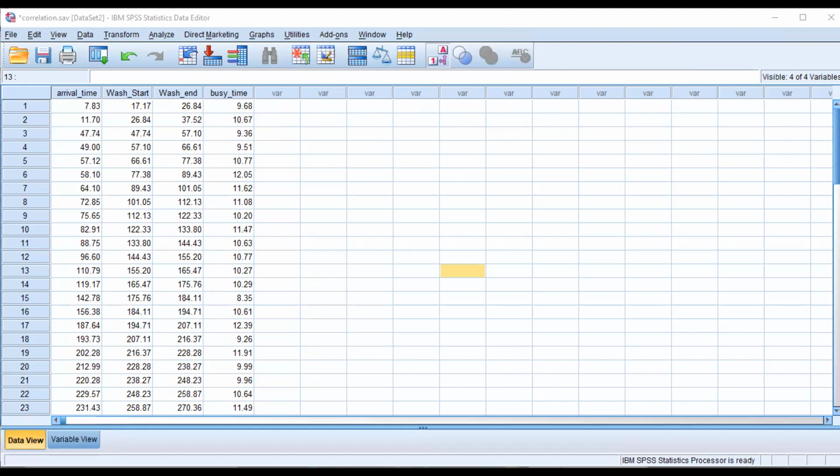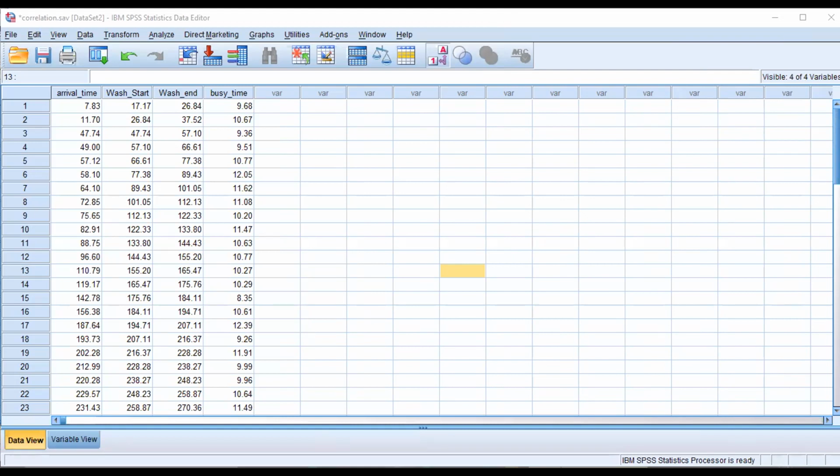You cannot rely on the relationship between arrival time and visit time. You cannot say that if lots of cars are arriving at your workshop station, then you are busy. You cannot say your busy time is directly associated with the arrival time of the car.